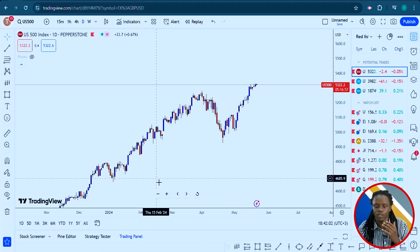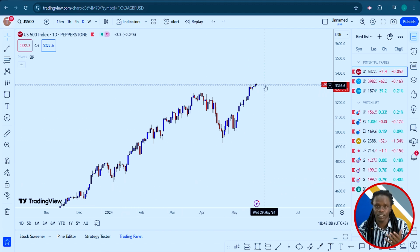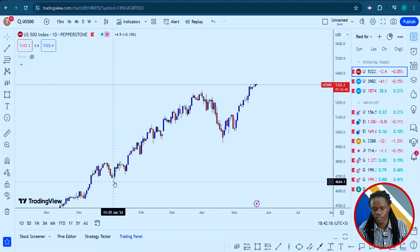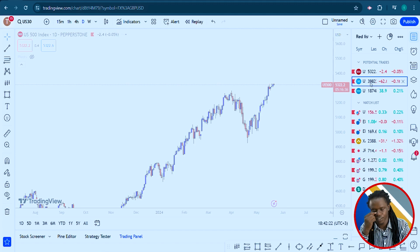Most traders will really struggle to beat markets if you don't perform above 13%. And this is just for 4 months. Now imagine, most traders probably are losing or making less than the 13%. But I can attribute this very strong bullish movement to the interest rates, because also you